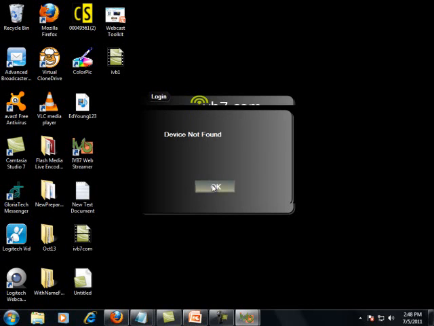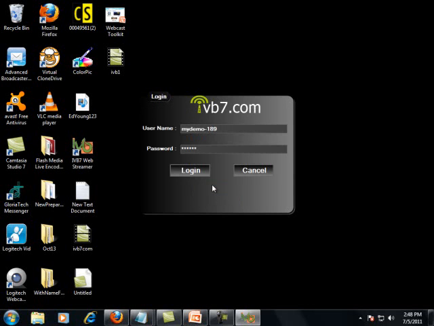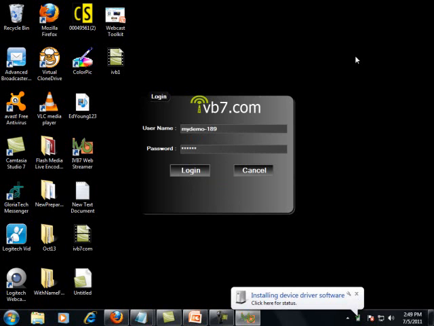Yes, you got it. Now let's connect a webcam to the PC. Once I connect, the webcam software is getting installed.